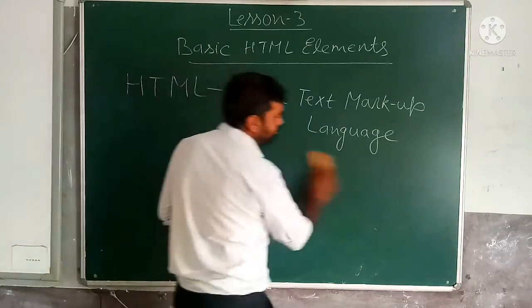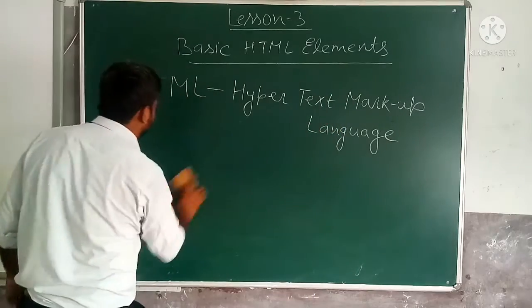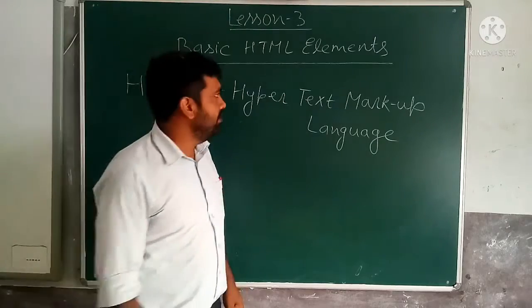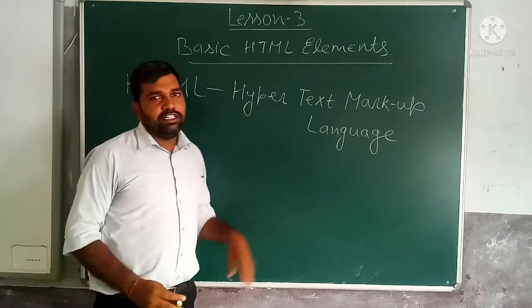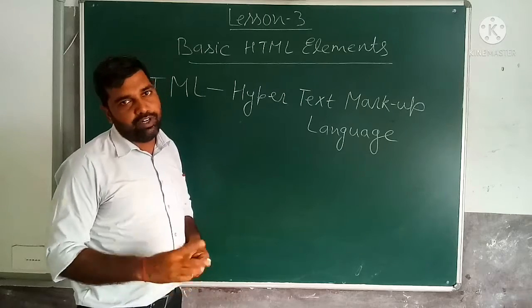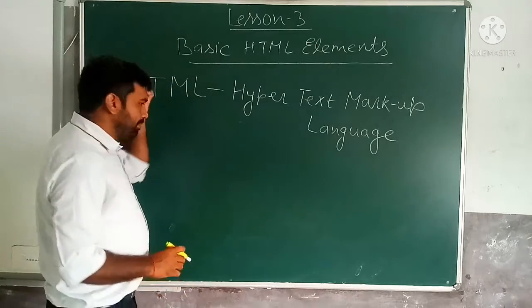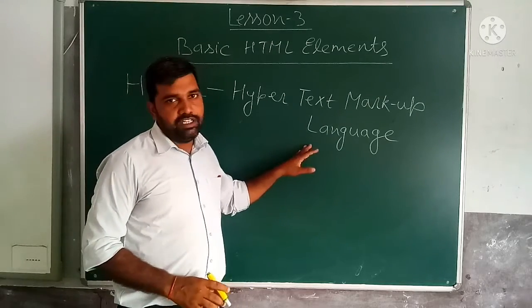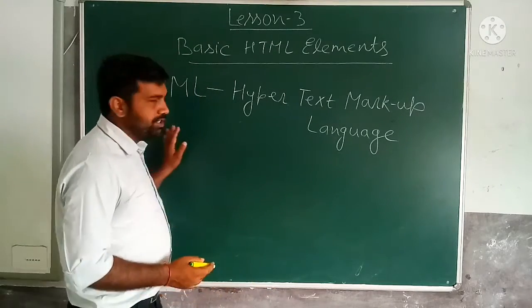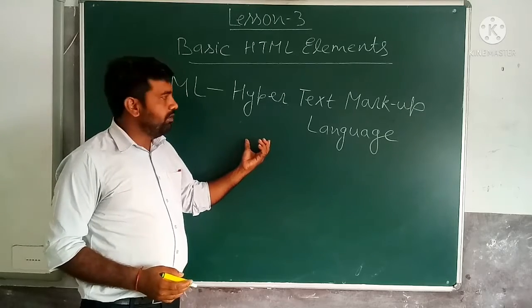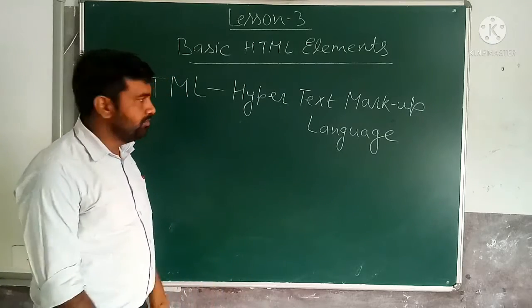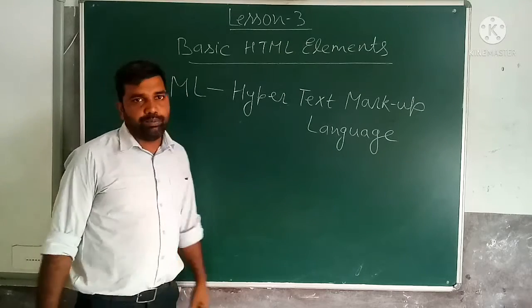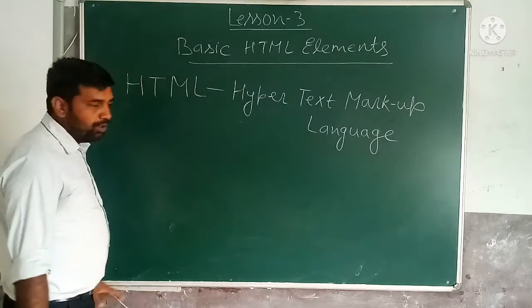Now see, what are the things needed for writing the HTML program? What are the prerequisite things? We need any text editor like Notepad or WordPad. In Notepad and WordPad, whatever you write, whatever you see is what you get. Means whatever you see there is in the same format, you will get the text printout also. There will not be any changes. So in the editor we write the HTML codes. First of all we have to open an editor and we write the HTML codes.